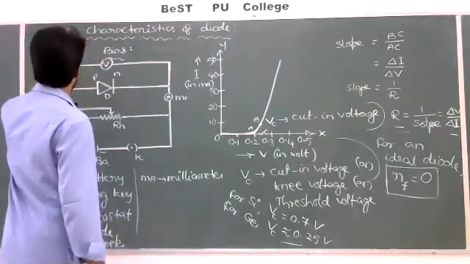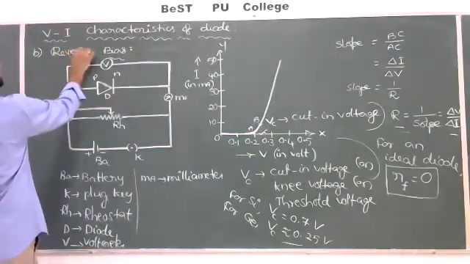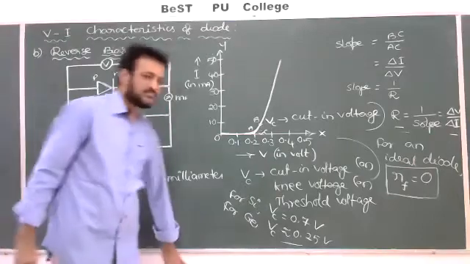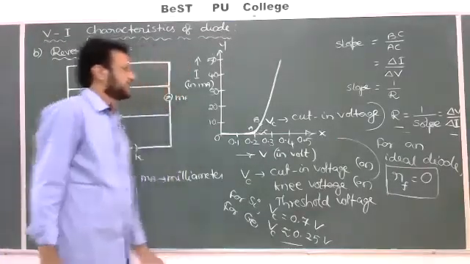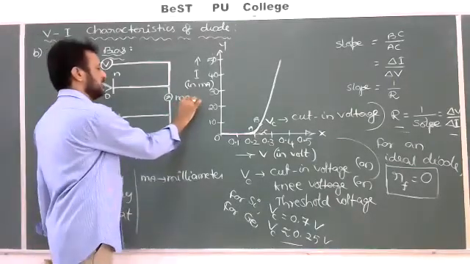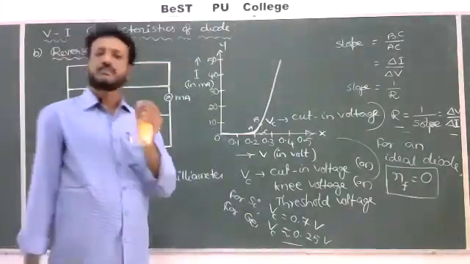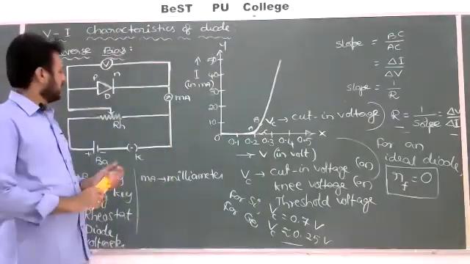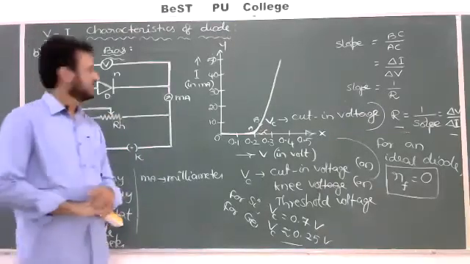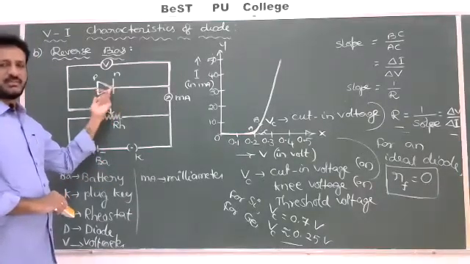When the same diode is connected in reverse bias. In the reverse bias, I already mentioned how to connect the battery. Generally, the battery positive terminal should be connected to the N-type semiconductor of the diode, and the battery negative terminal connected to the P-type semiconductor of the diode, so that we can say it is in reverse bias. We just have to change either the battery terminals or the diode, then automatically it will change.